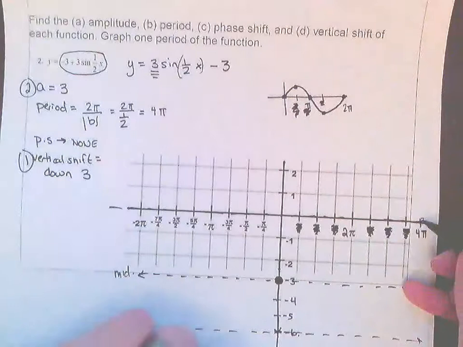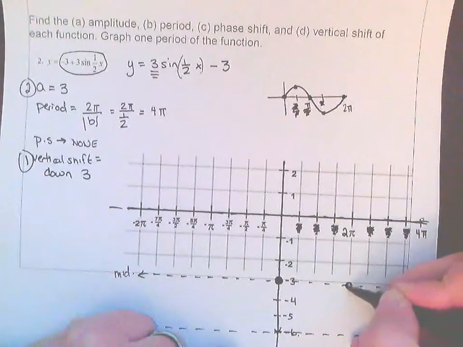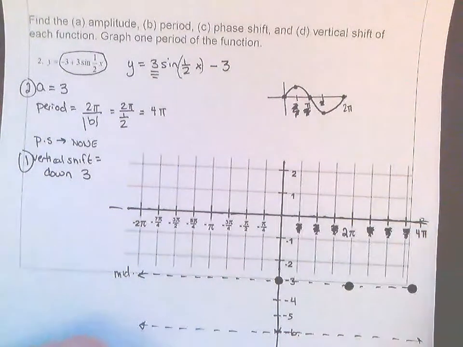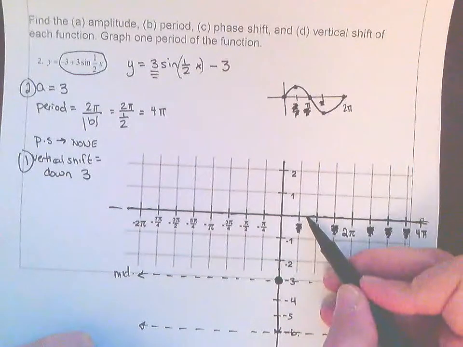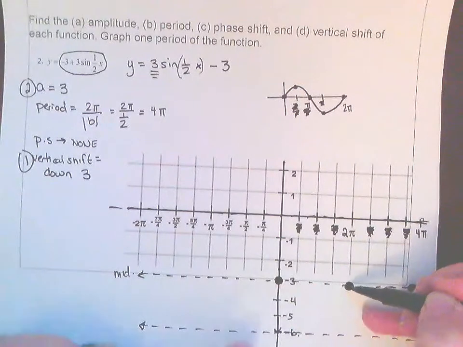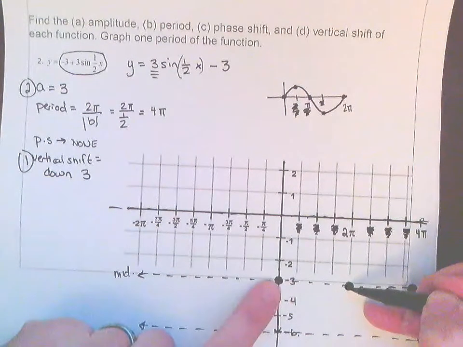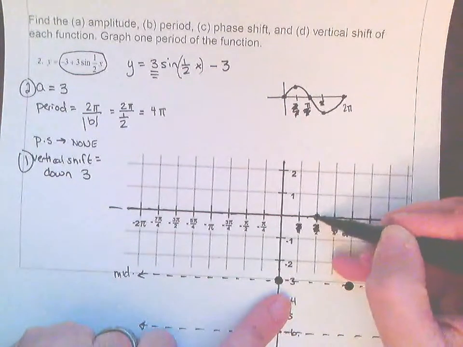But remember, now my zeros have all shifted down 3 points, so my zeros are going to be at -3. And because I know my graph is going all the way up to this line because of the amplitude, halfway between 0 and 2 pi, so pi is right around here,